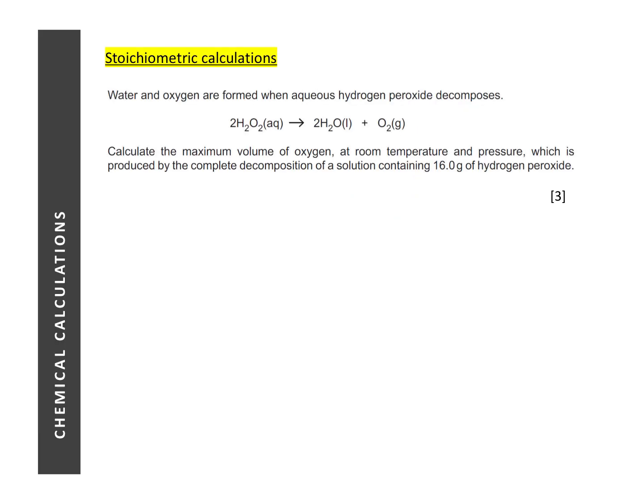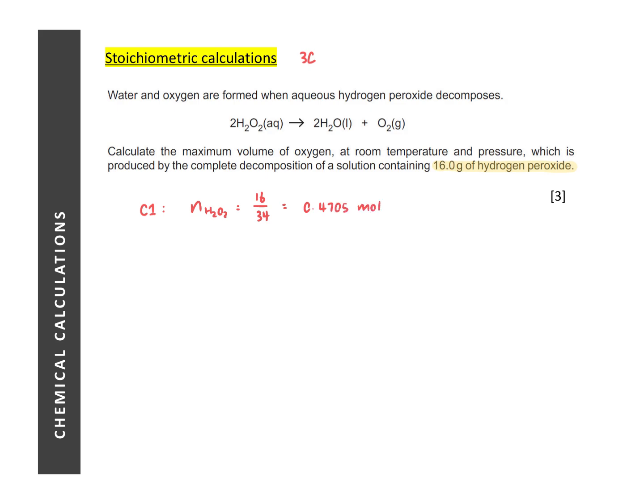For this question, this is a classic stoichiometric calculation question where you can apply the 3C approach to solving the question. So let's recall what the 3Cs are. The first C is to convert to moles. So what can we convert to moles over here? We are given the mass of hydrogen peroxide. So the first thing that we can do is to find the number of moles of hydrogen peroxide. Since we are given the mass, we can take the mass divided by molar mass, and the molar mass of hydrogen peroxide is 34, and that will give us